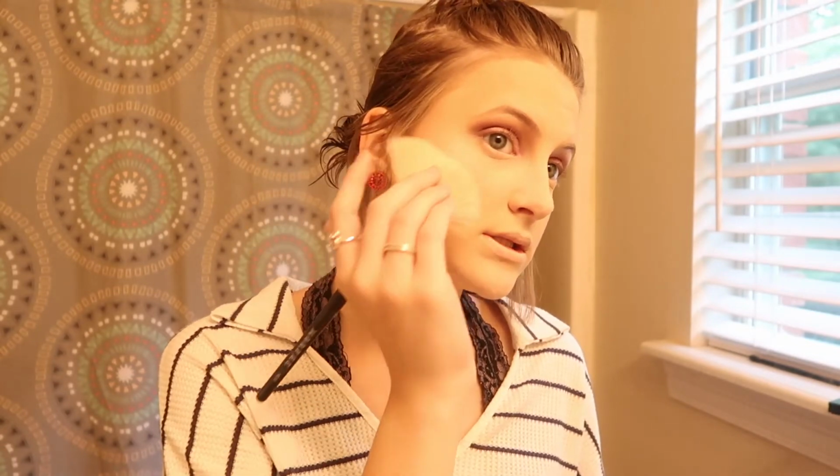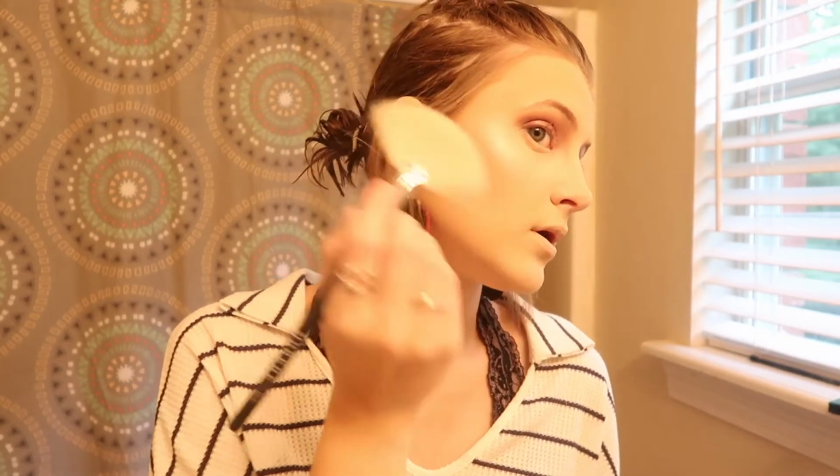This is the second time that I've actually bought this brush because the other one was filthy and I didn't have time to clean it. So I went ahead and bought another one. Okay, we're going to...